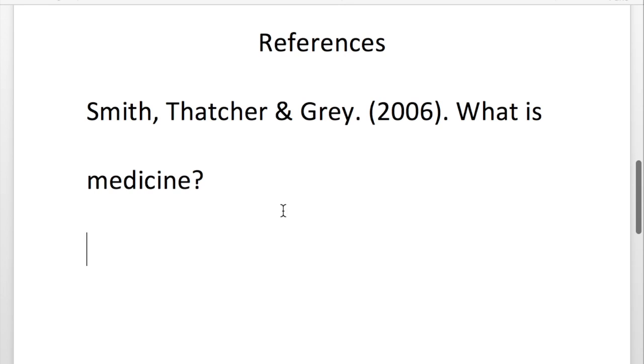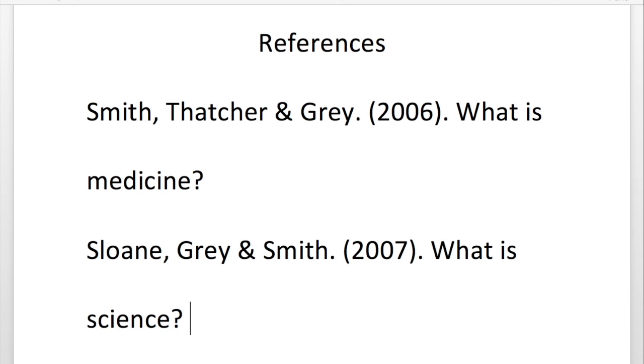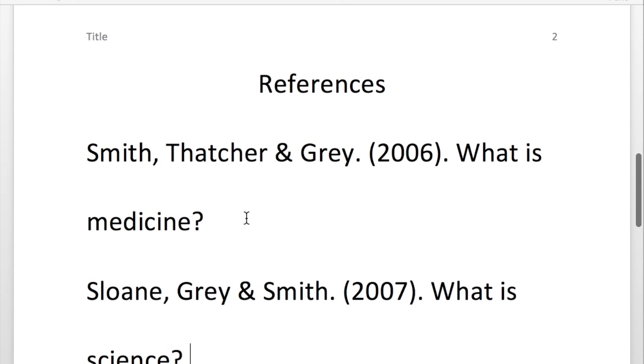So let's say we have a second reference here, and let's say this is by Sloan. What's another common last name? We'll just do the same ones, Gray and Smith. Let's change from 2007. So, for example, like that. So what some people will do